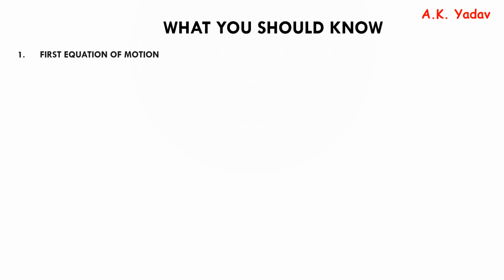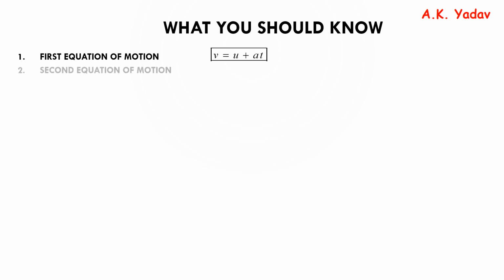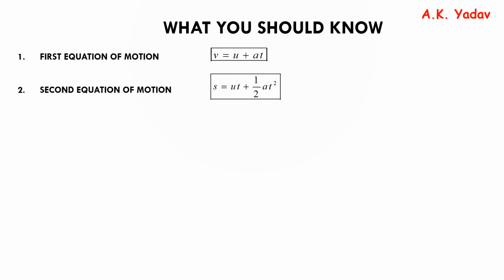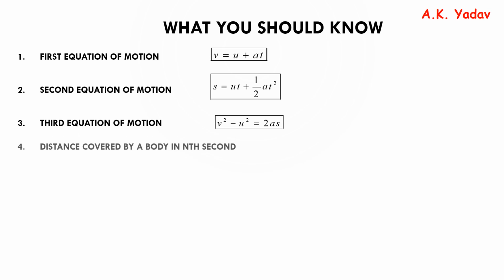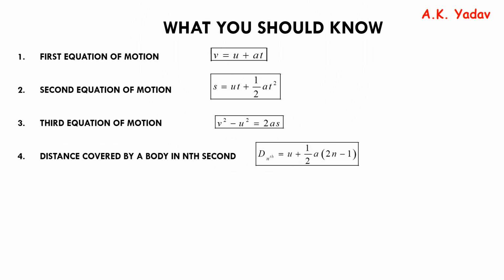You should be knowing the first equation of motion, that is v equal to u plus at. The second equation of motion, that is s is equal to ut plus half at square. The third equation of motion, that is v square minus u square is equal to 2as. The distance covered by a body in nth second, that is d nth is equal to u plus half a